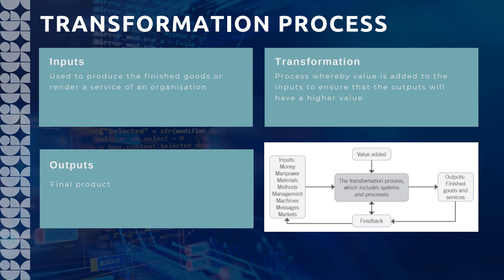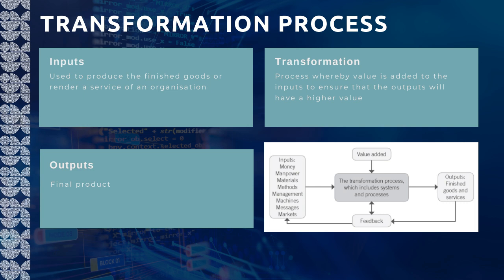The actual transformation process is where value is added to the input to ensure that the output will have higher value. So a lot of your operations functions come out of your transformation stage, and then your output is your final product. So this graph is very important for you to remember. A lot of times, especially from a case study perspective, they would ask you to do a transformation model of a particular industry or case study, and you would need to provide this with any given example. So just to give you a very high-level understanding,